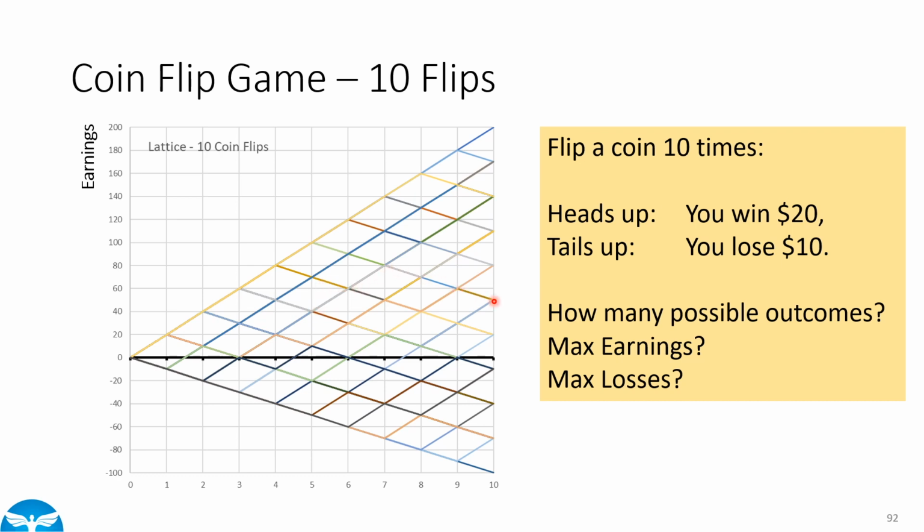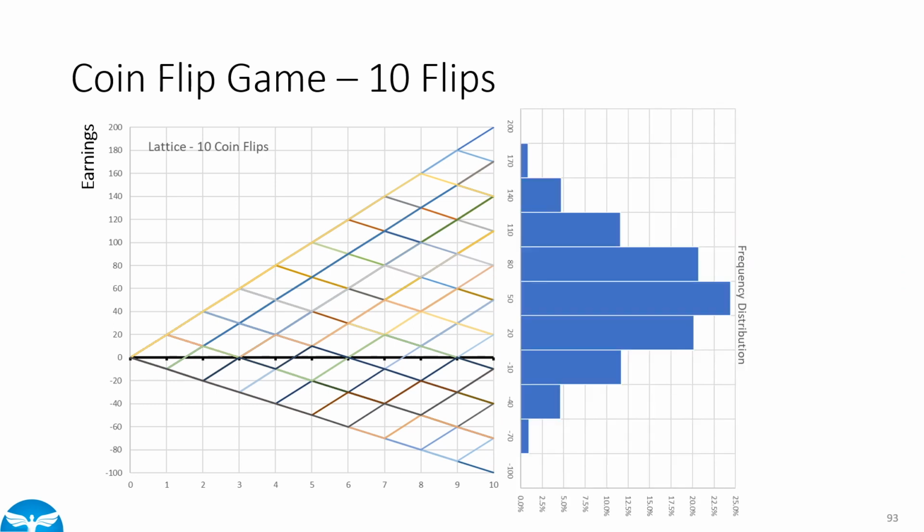So to calculate now the properties of this game from a loss and performance perspective, you need to have probabilities assigned to each of these final states, these final outcomes. And to do that, this also shows a distribution of the frequency of different outcomes, and you can see that the most common outcome is that you actually make